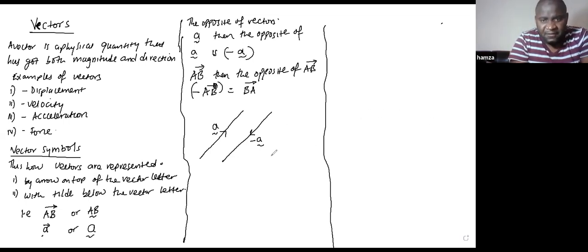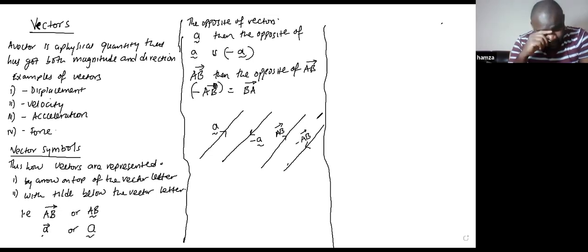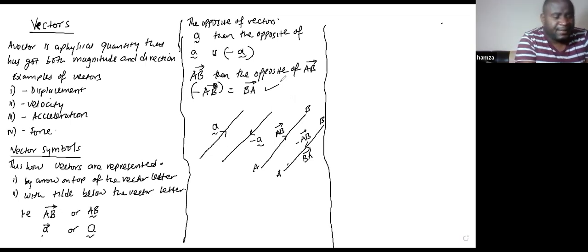The same applies if this is vector AB, then this is going to be negative vector AB, which is the same as, because if this is where A is, I am moving to B, then this is the same as A going to B. But this is the same as moving from B going to A. That is why I say these two are the same. Okay? So with those notations, we can go ahead and